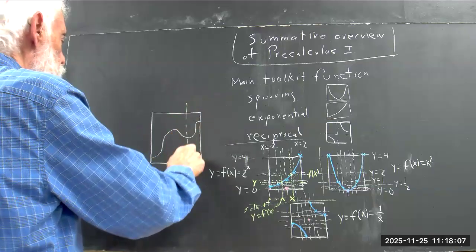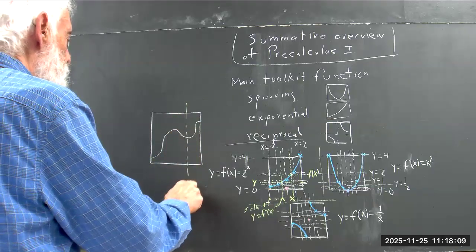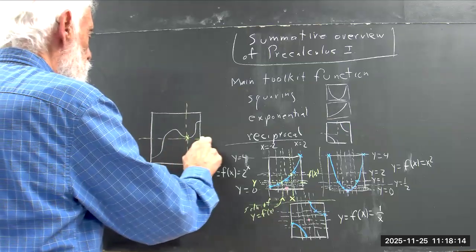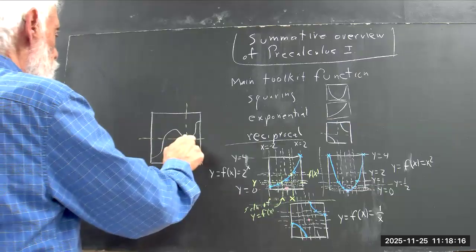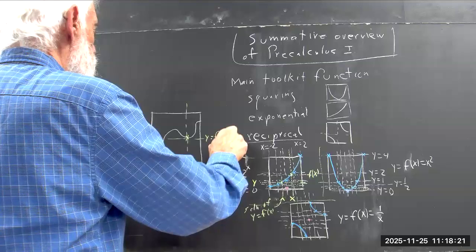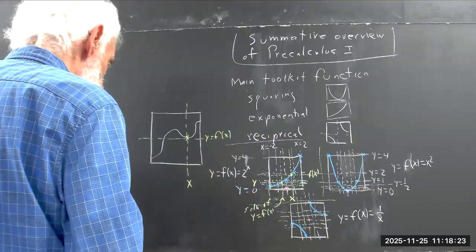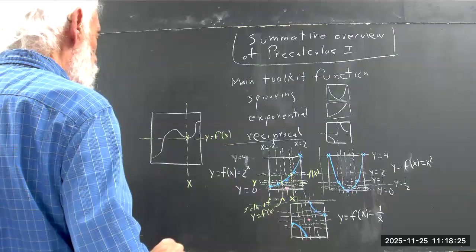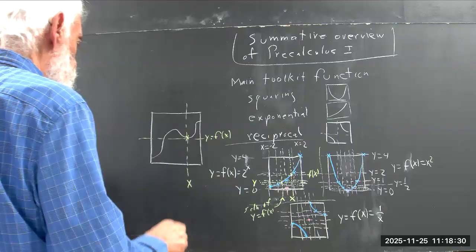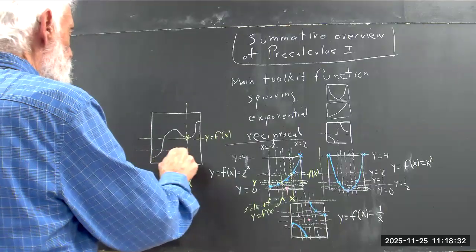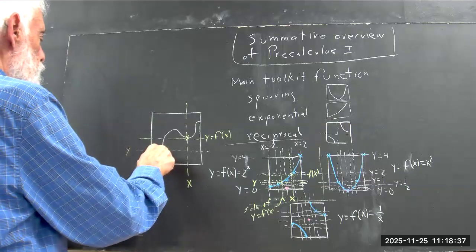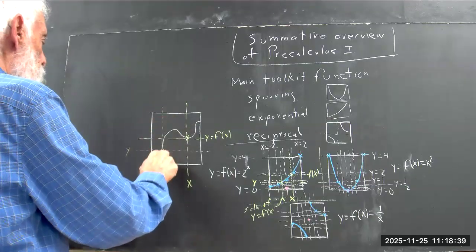So if we have a value of x, then again, the y value at this intersection point is f of x. If we specify a y value, then where the graph intersects the curve